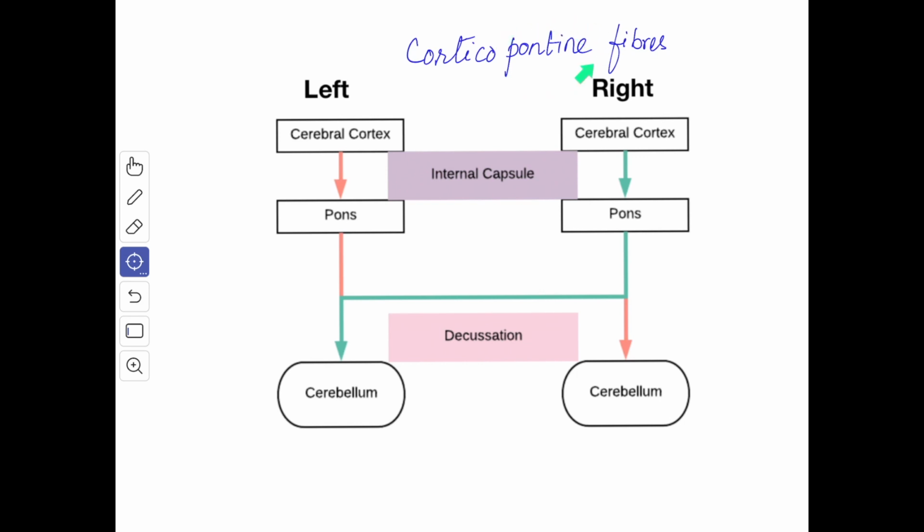The corticopontine fibers originate from the cerebral cortex of all the lobes of the cerebral hemisphere and they form the largest single group of projection fibers in the internal capsule, about 2/3 of the total fiber component. They are named according to the lobe from which they arise, for example frontopontine, parietopontine, occipitopontine and temporopontine, which arise from the frontal, parietal, occipital and temporal lobes respectively.